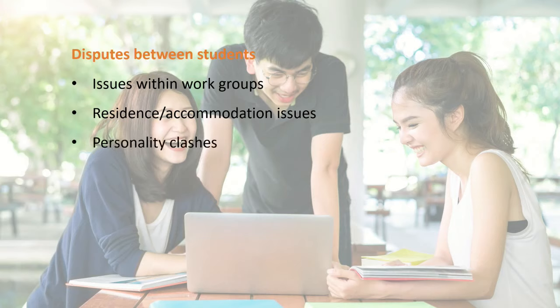Personality clashes, students just fall out with each other. And social media's got a lot to answer for with this. There is definitely a correlation between social media usage and these ideas about ganging up on people. We've seen how it can go across the various social media platforms, Instagram, Twitter, Facebook. People start writing persecutory messages about each other, rumours, gossip about parties, misinterpretation of events, photographs that are taken without consent or shared without consent.